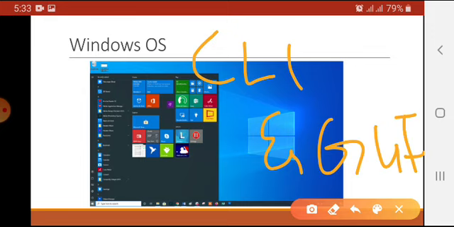So all of us should know about their definitions, their features, and the most commonly used operating systems that have used CLI and GUI. From the objective point of view, we should know about different versions of these operating systems. We should know their dates.